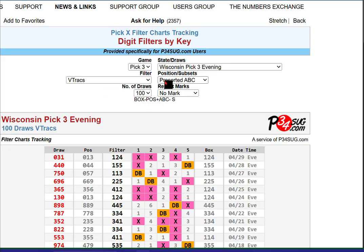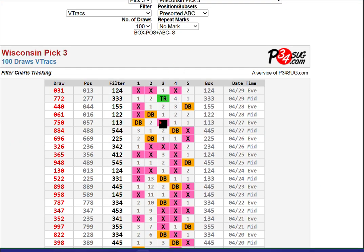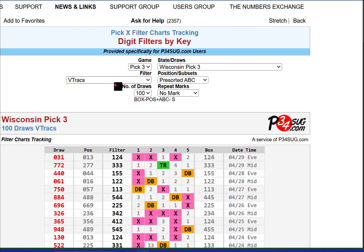Like this page, V tracks, so you can follow like the 0. What is this one? 0 and 5. So the 1 V track is 0 and 5. The 2 is a 1 and a 6. And then this one is a 2 and a 7. And then this is a 3 and an 8. And this is a 4 and a 9. So that's what these symbolize. It just covers 2 digits, and so then you're able to follow that. And very often, I know I made videos on this before, but you can find some stuff